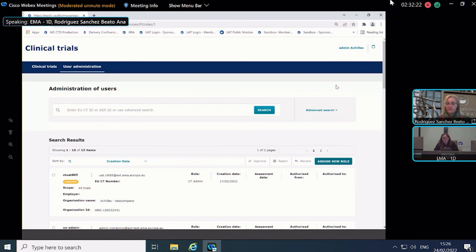Sure. And then there's a question around, if a sponsor administrator leaves the company, how can a new sponsor admin be assigned? But as you mentioned, you can have multiple sponsor administrators. Yes, that's why I emphasize that it's important that you have at least, not many, but two, because then if someone leaves the company, you have the other one. So you don't have to go back again to EMA and request this role.